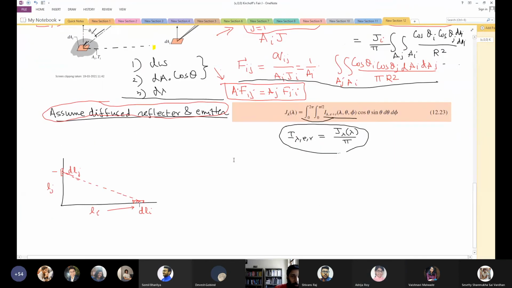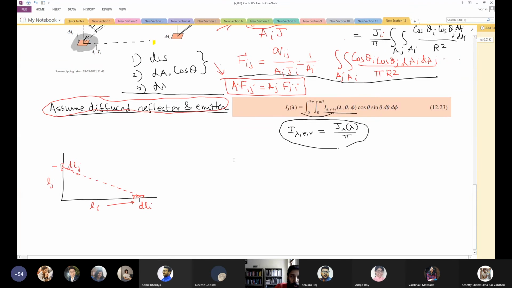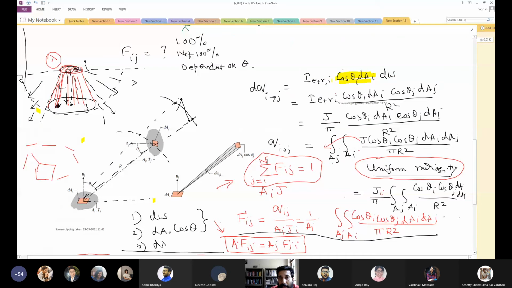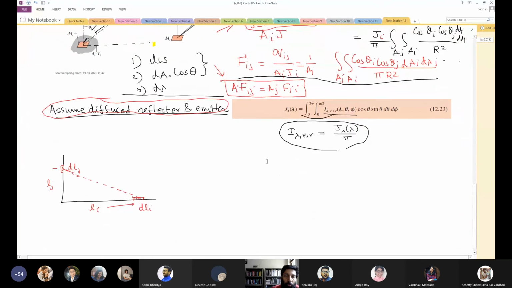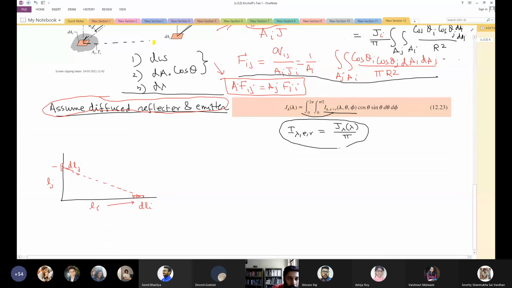So let us do it in this way. The plan is that we'll follow the same methodology here. Since we are talking about a two-dimensional case, and we have already seen that there is no point worrying about lambda, let us not worry about lambda, and let us say IE plus R. The intensity that you see at any location here will depend on the projection of this length, and this is per unit of this projection length.